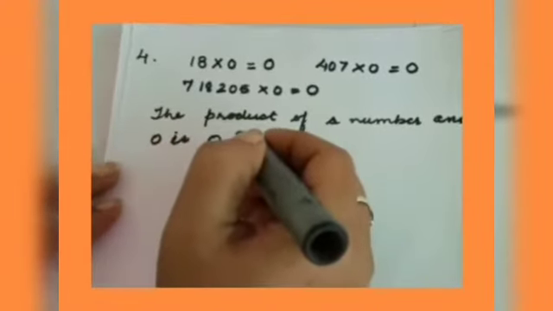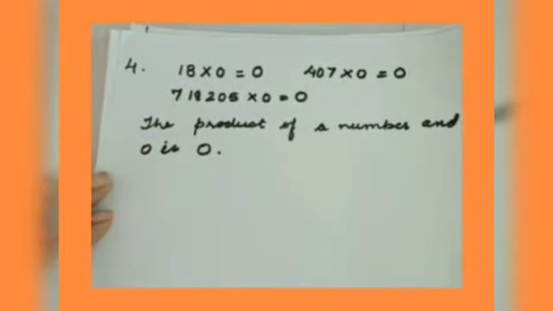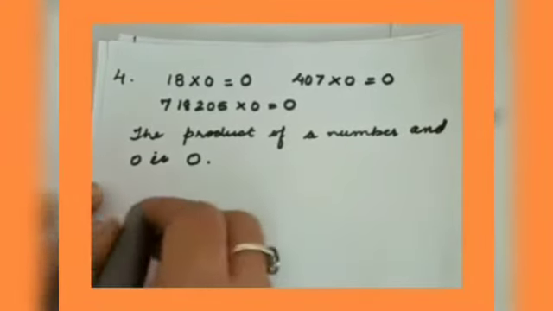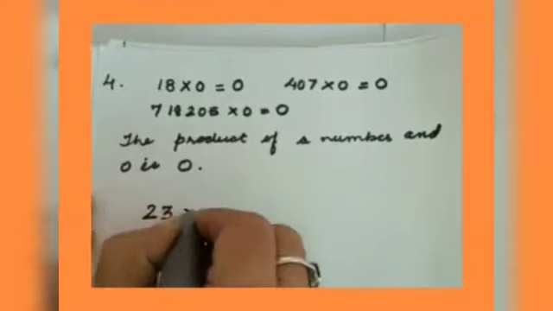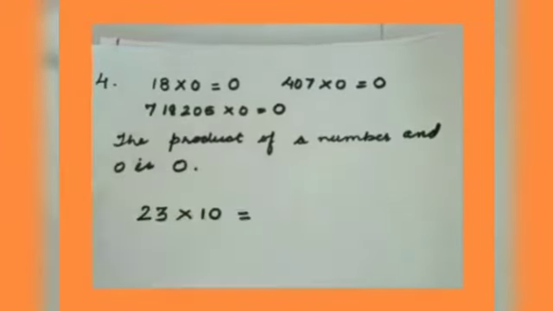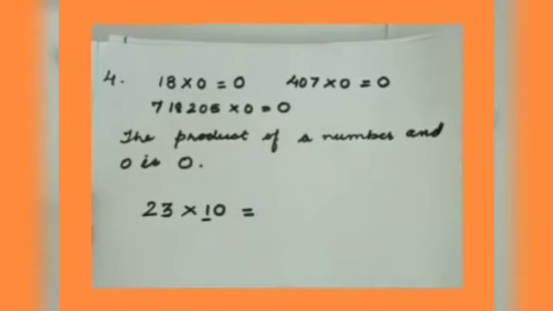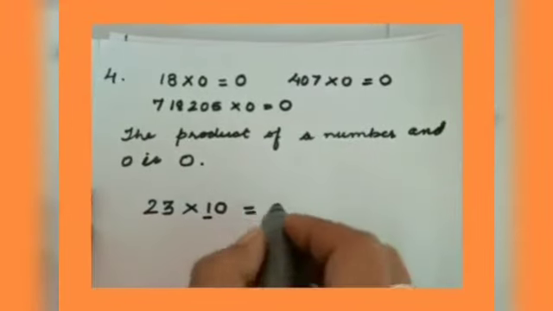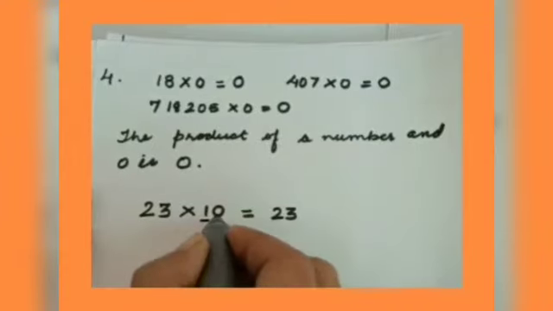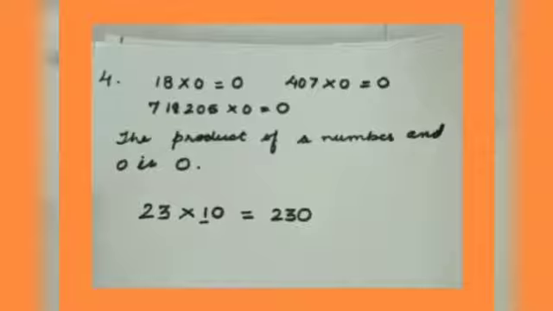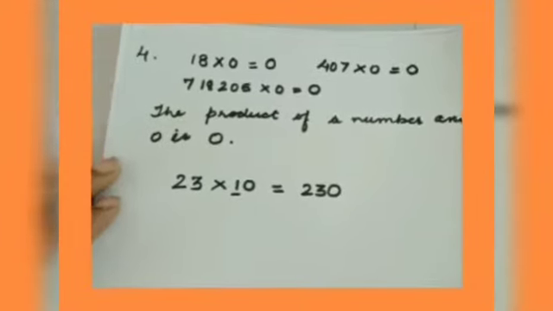Now let's continue it a little further. Now suppose I have to multiply a number by 10 or 100 or 1000. Then how to do that? Suppose I have got 23 and I have to multiply it by 10. What I will do? First I will multiply the number by the number other than 0. 23 ones are 23. And how many zeros are there in it? Only 1. I will add 1 0 here. So put as many zeros in the product as there are in the multiplier, and we multiply by the non-zero part of the multiplier.